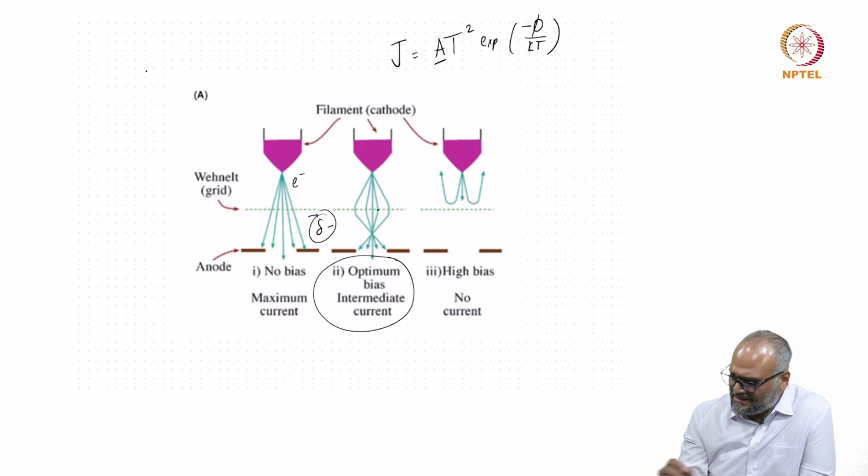This is called the Richardson's constant. You have the flux emanating as a function of the temperature, the work function, and the temperature here again,